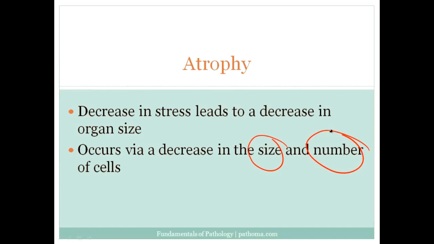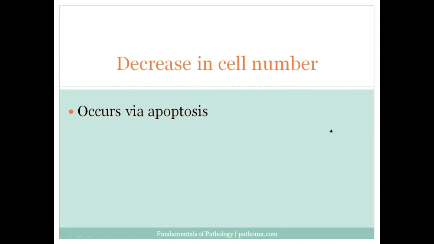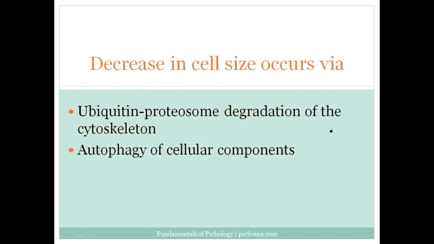Again, it's not sufficient to simply know the definition of atrophy. The examiners like to go after the mechanism of atrophy, and so let's touch on that briefly. Well, remember that atrophy is going to occur in two ways. The first would be to decrease the number of cells. And a decrease in number of cells is going to occur via apoptosis. Apoptosis is a mechanism of cellular death that we'll discuss in more detail later on in this chapter, but it's very important to know that a decrease in cell number will actually occur via apoptosis. A decrease in cell